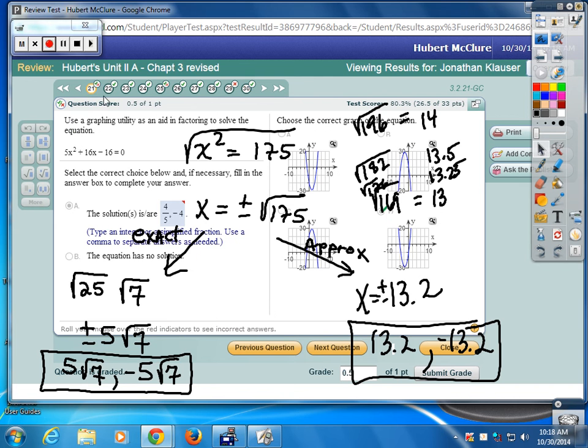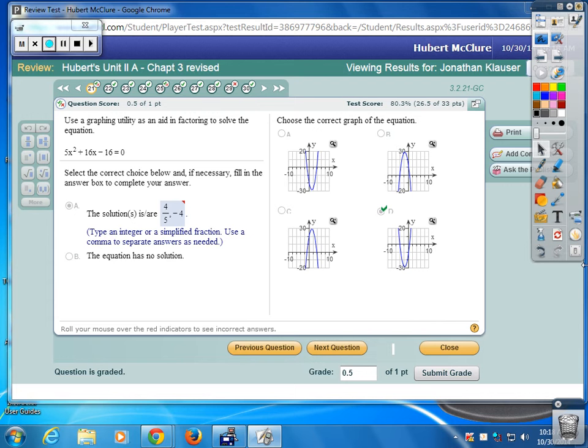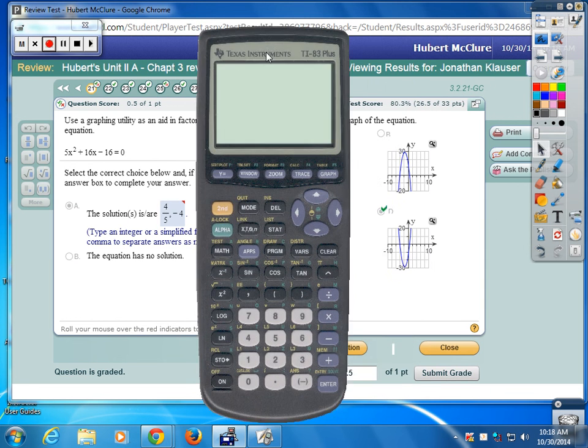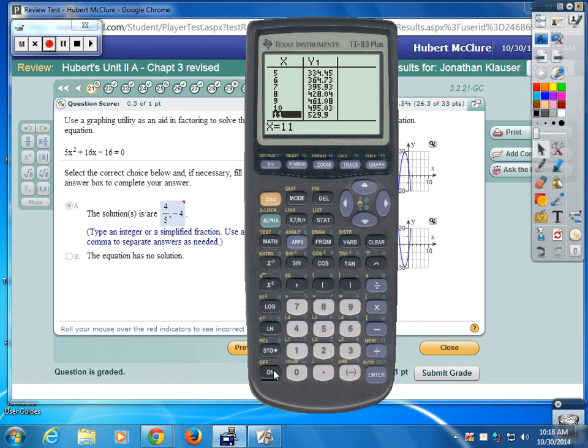Okay, so 21. All right, try that one. This one says use a graphing utility, but you could easily use complete the square. We'll use a graphing utility. That way it won't take up a lot of time, because by now, y'all should know how to complete the square. How do we get to that? Hit y is equal to 5x squared